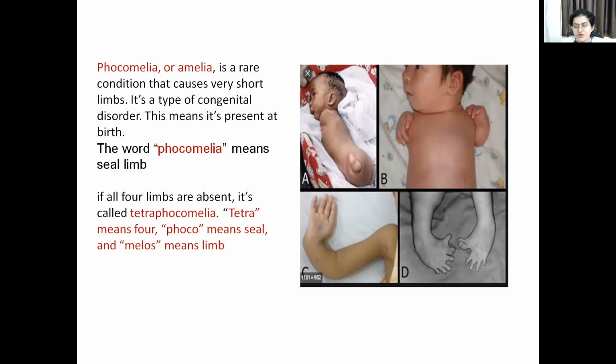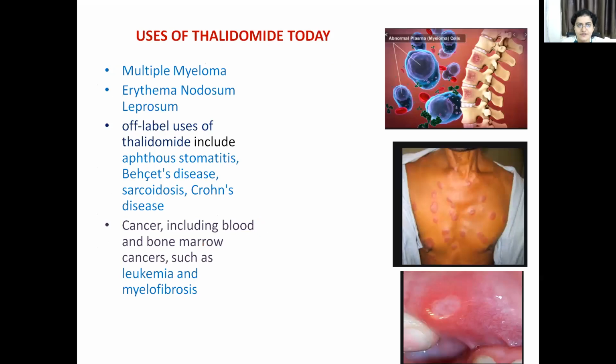Thalidomide is a drug which causes the seal-like limbs, that is phocomelia, and it was discovered earlier as having a sedative and tranquilizer property, and this drug was also given to treat the morning sickness of pregnant ladies between 20 to 37 days after conception. Then they found out those pregnant ladies who took this drug during that period, their babies were affected with the congenital anomaly called phocomelia or amelia, which is nothing but the seal-like limbs.